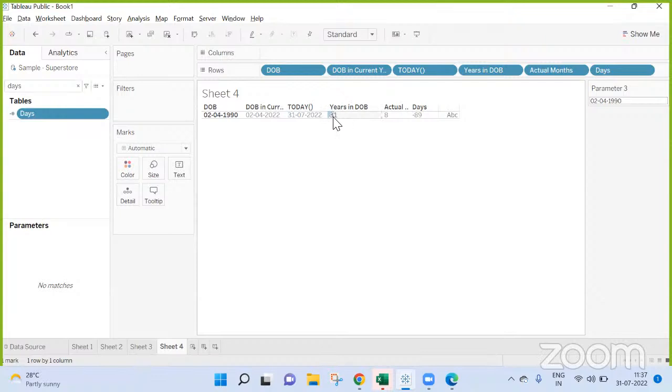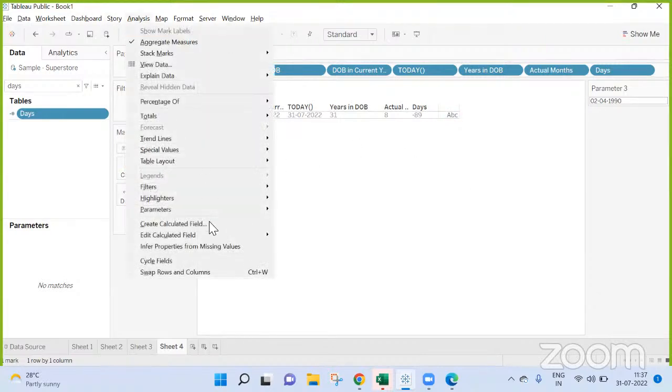When I'm talking about years, now let's do one thing. See, the date of birth is 2/4/1990. If I add 31 years to it, then it is. Now my point is I need to bring this day till my current day. I want to bring this day till my current day.